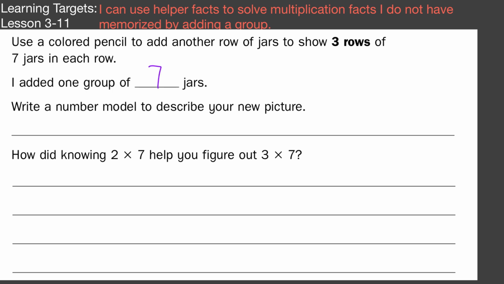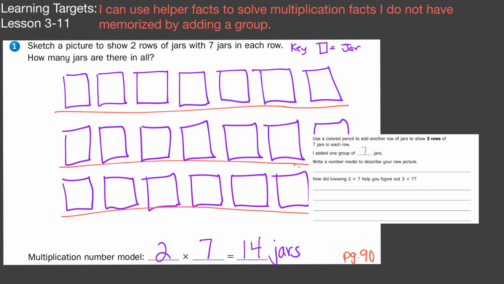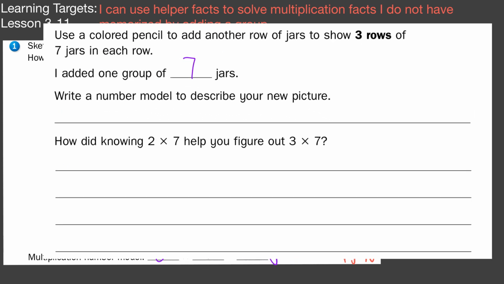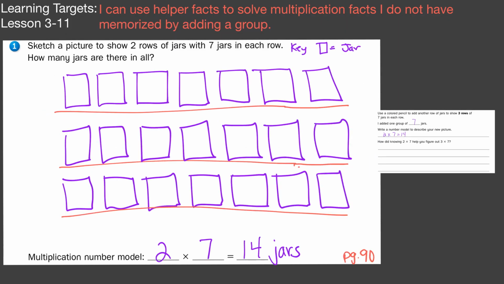So we're going to write a number model to describe our new picture, which will look something like this. So we've had 2 times 7, as you can see here. 2 times 7 equals 14. So we're going to continue to use that number model. So we'll write that there. We had 2 times 7 equals 14. That was visible within this first part here. I'll circle it in bright green. This first part was 2 times 7,